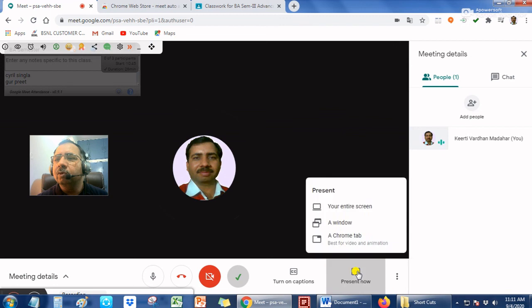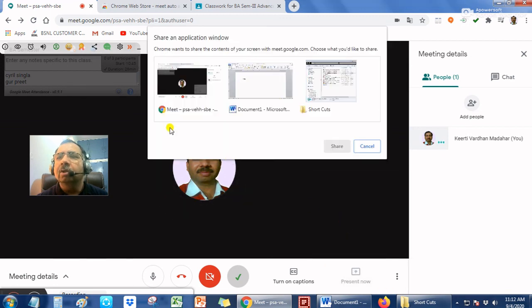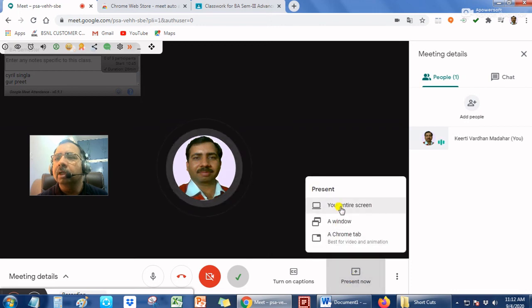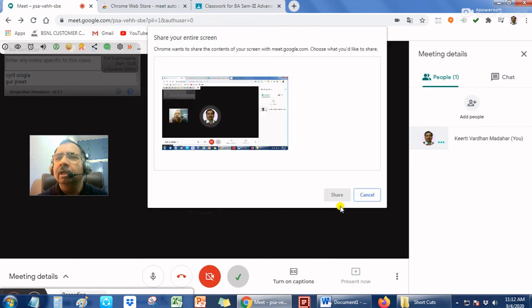But if you click on a window, you have different windows, but there is no option of sharing audio. If you click entire screen, you will see this computer screen, but there is no option of sharing audio.